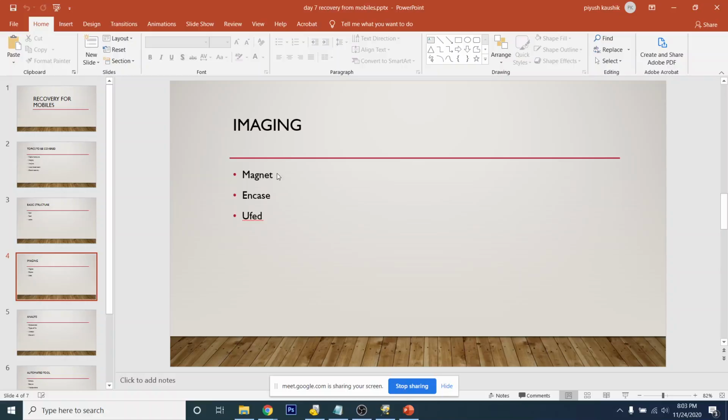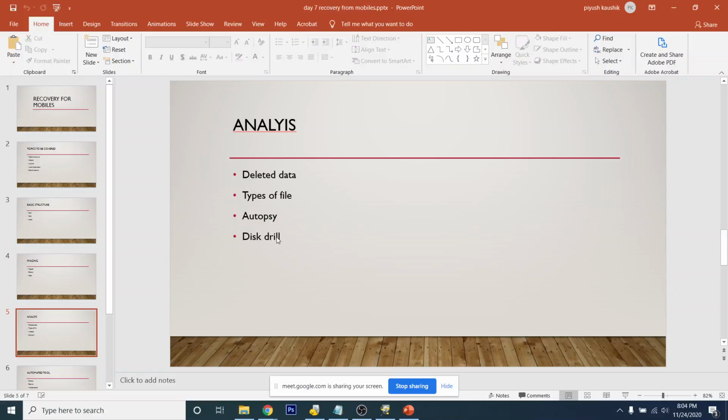So this is the imaging. For imaging, these are the tools you can use. Magnet is open source, and these two tools are paid. If you are using Magnet, it is very good, and you can use it yourself also because it is open source. You can do everything related to mobile imaging, recovery of data, and many more aspects related to it. I have written this for imaging only, and for analysis. Yes, analysis means deleted data and types of files to be recovered, and these two are the tools that we can use basically for analysis of mobile phones.